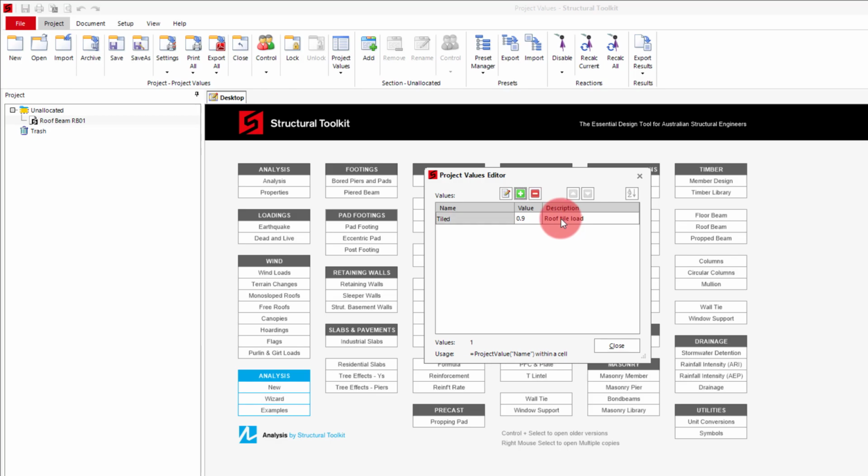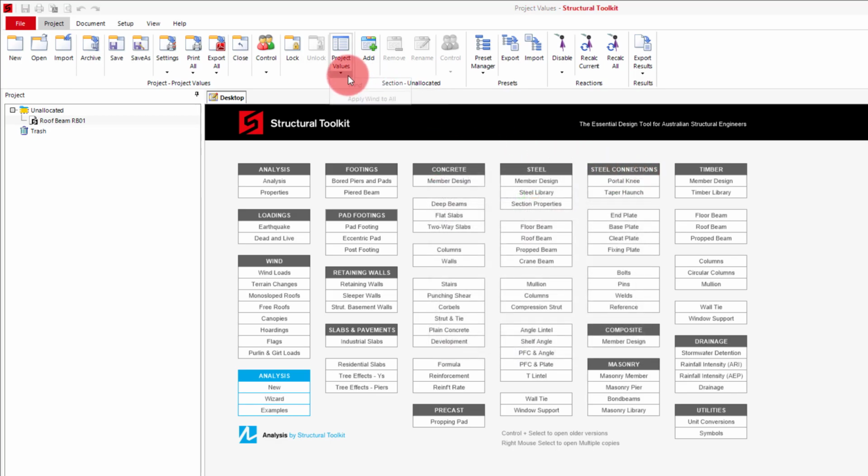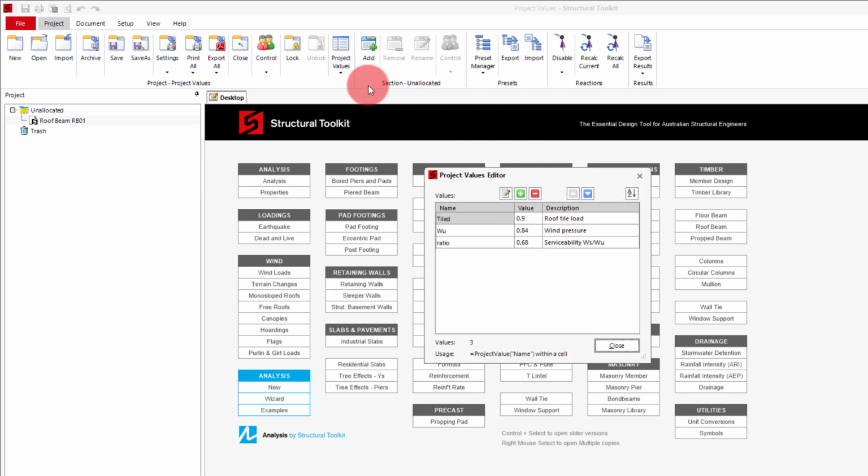To add our wind variables into this table, we can do this by closing the menu and under the drop down, press wind. This will then automatically fill in the wind variables, and if we were to change the values here, it would be able to automatically apply to all existing and new designs. To demonstrate this, we'll change our wind pressure to 0.95